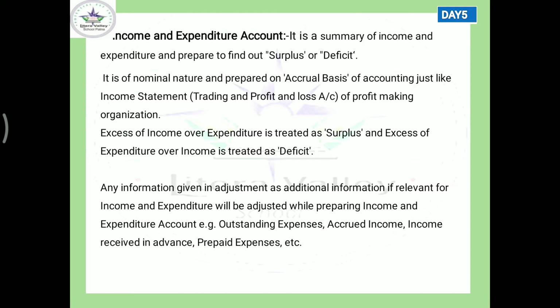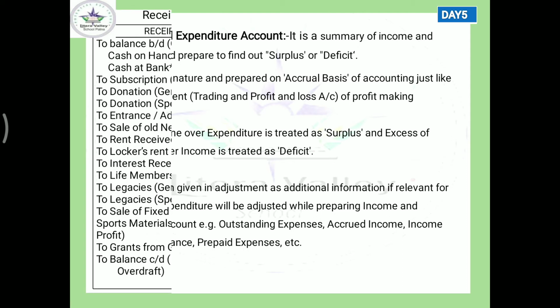While preparing income and expenditure account, you may be given additional information, and for that you have to give the effect of that also if it is relevant for that account. It may be outstanding expenses, accrued income, income received in advance, prepaid expenses, etc. Now